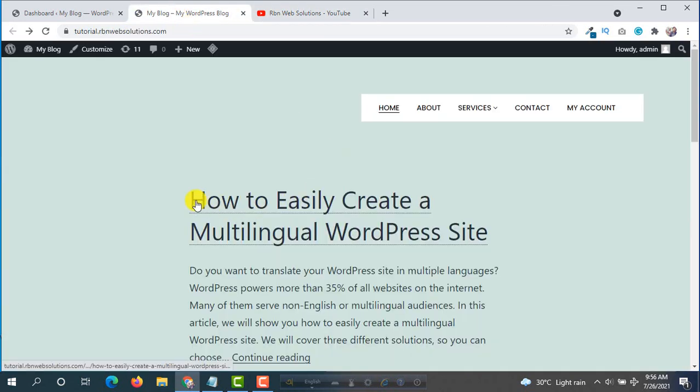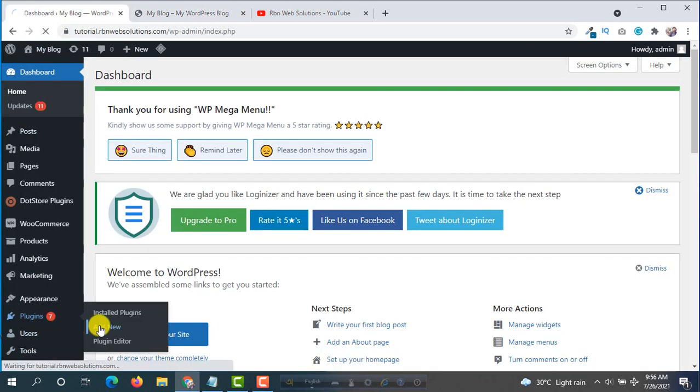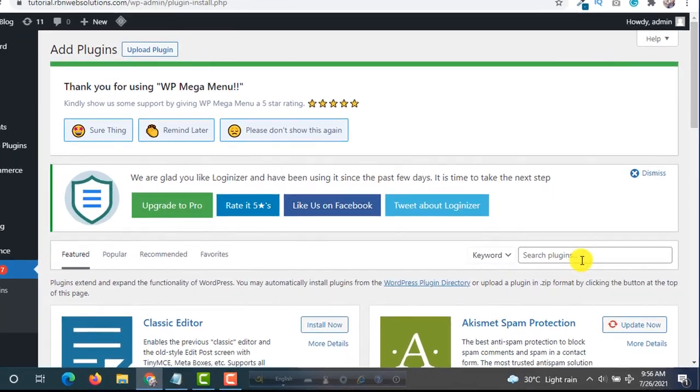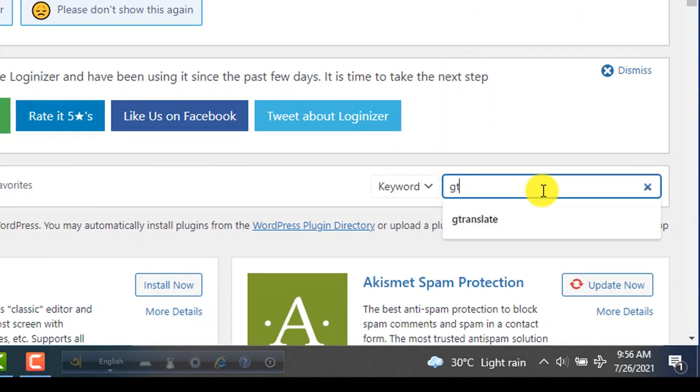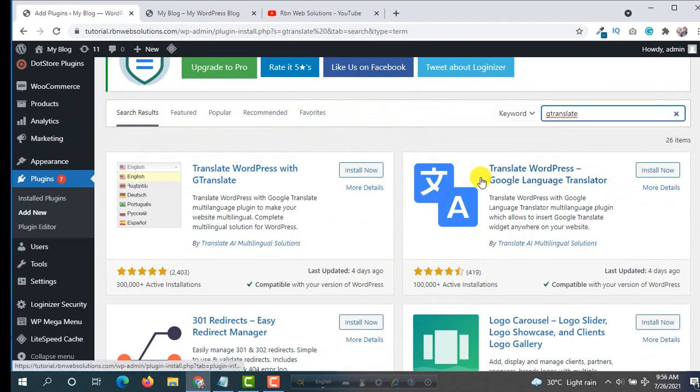To make the site multilingual, you have to use a plugin. That's why you have to go to the WordPress dashboard, hover on plugins, then click on add new. In the search bar, you have to search for the ZTranslate plugin. You can see other translation plugins, but don't use any of them.